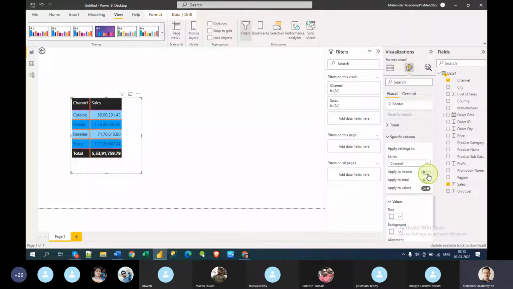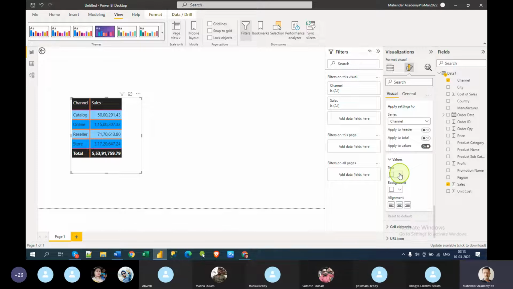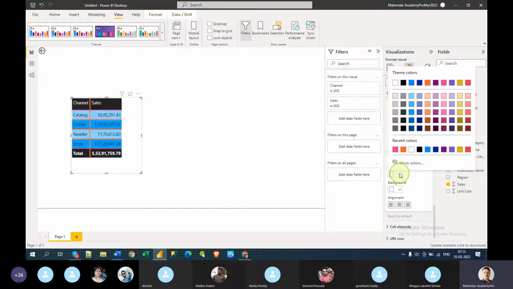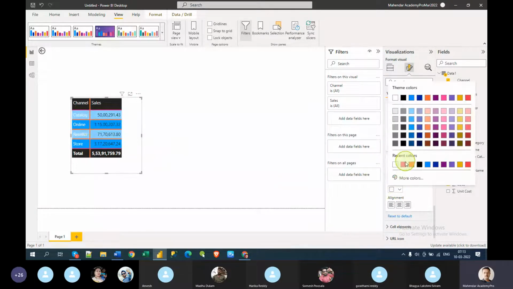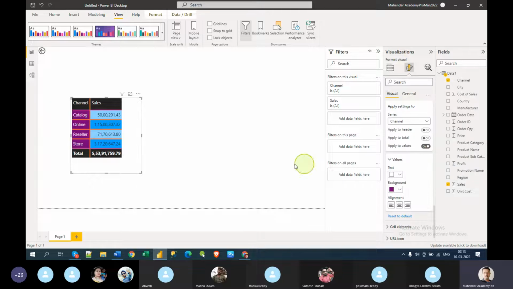So apply to the values, and just give the text, let's say, white color. See, it becomes white, and the background should be something like blue is already there, so let's make this purple color, so that you will understand.